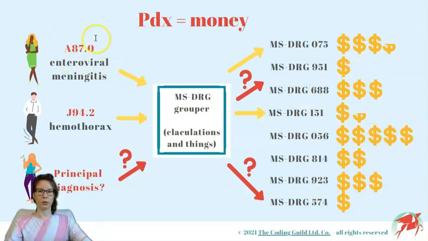If we assign the wrong principal diagnosis at the beginning of this process, the case will either not get paid at all or will get paid but at an erroneous rate. When incorrect payments happen, two things can follow. 1. The hospital can go broke from all the unpaid treatment they provided but coded wrong. Or 2. The facility makes a lot of unjustified profit on services provided but upcoded, and they will get in trouble for that. As you can see, assigning the principal diagnosis correctly is imperative, not just from a financial but an ethical viewpoint as well.